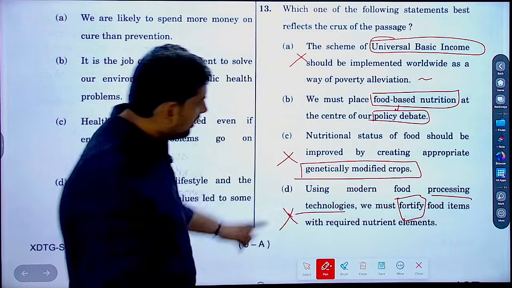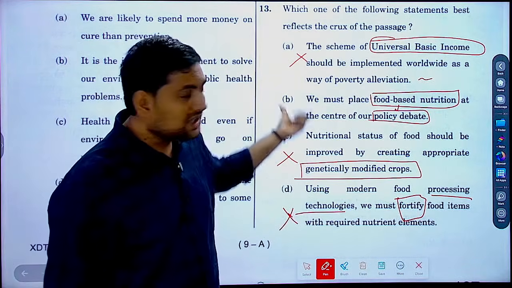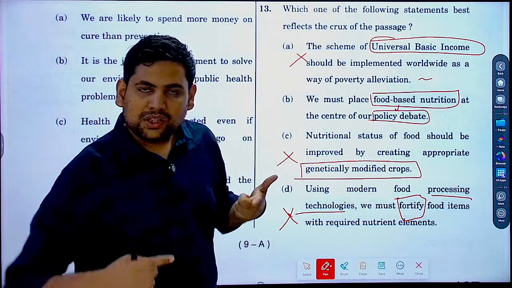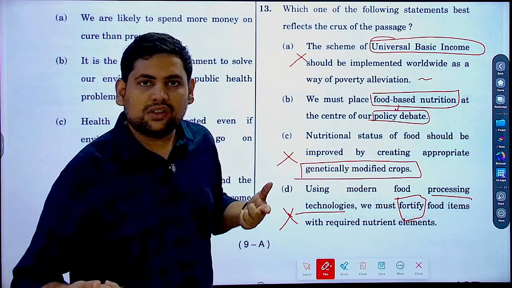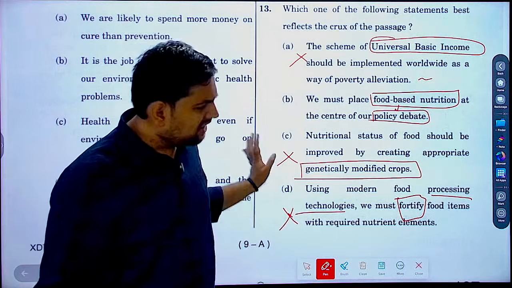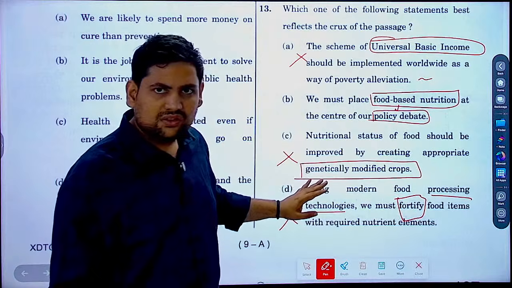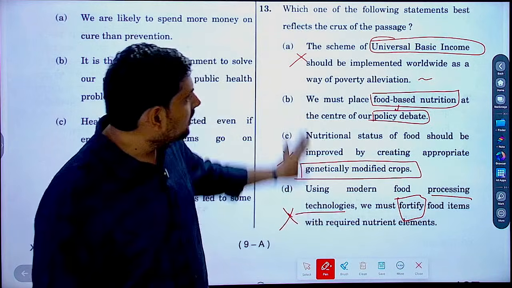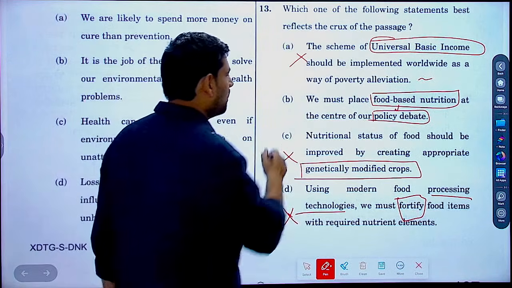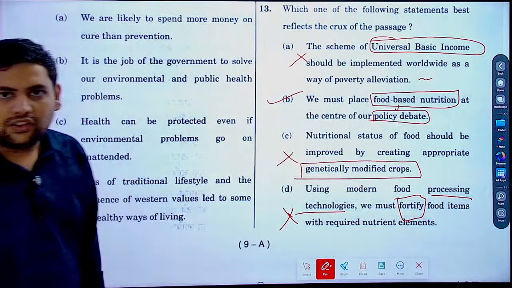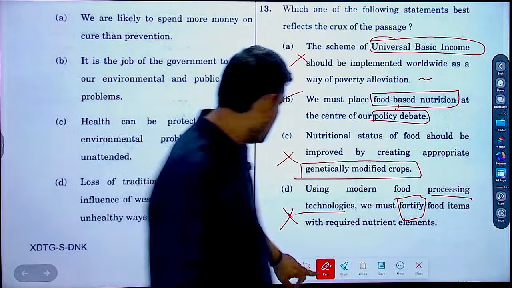As I told you, these keywords from the syllabus are picked, and people tend to have a positive connotation towards them. Please be careful. They give this as a rubbish option very usually. So GM crops, fortification, universal basic income, all wrong. This is correct. Understood? Then next,